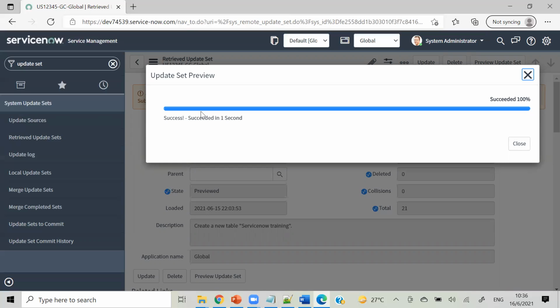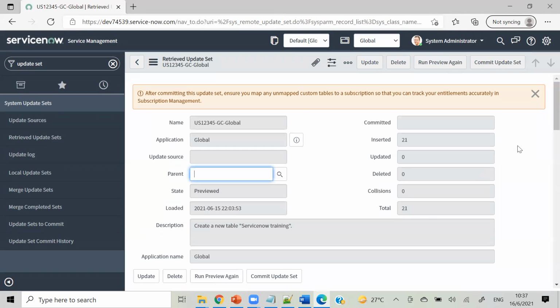If that is compatible, it will show succeeded, 100%. And if that has any issues, it will come in red color and it will show you some errors. Okay. So you have to read those errors, and you will have options on the bottom to commit the update set or not.